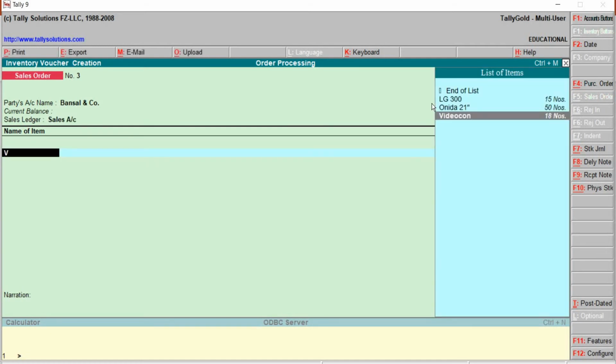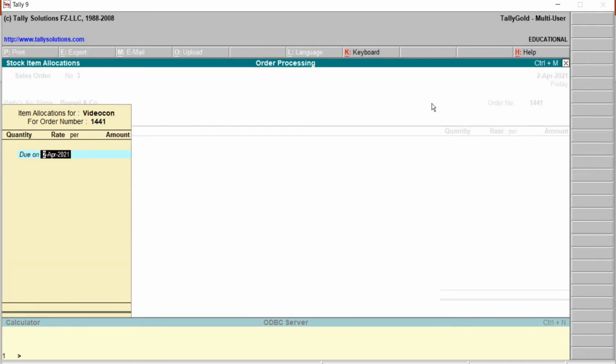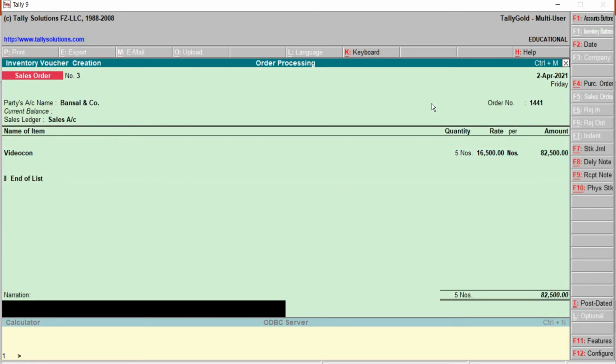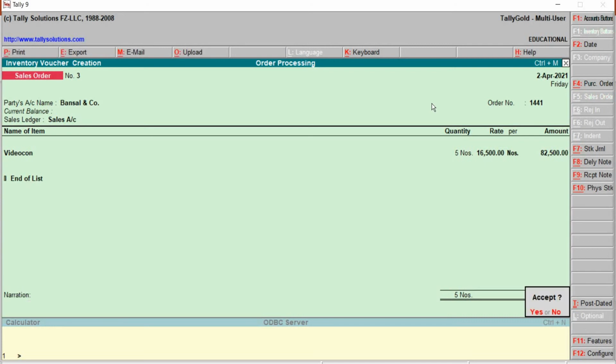Name of the item is Videocon. The due is on 2nd of May. Correct. Quantity is just only 5. 16,500. Later, type the narration, then save. Press Y from the keyboard.